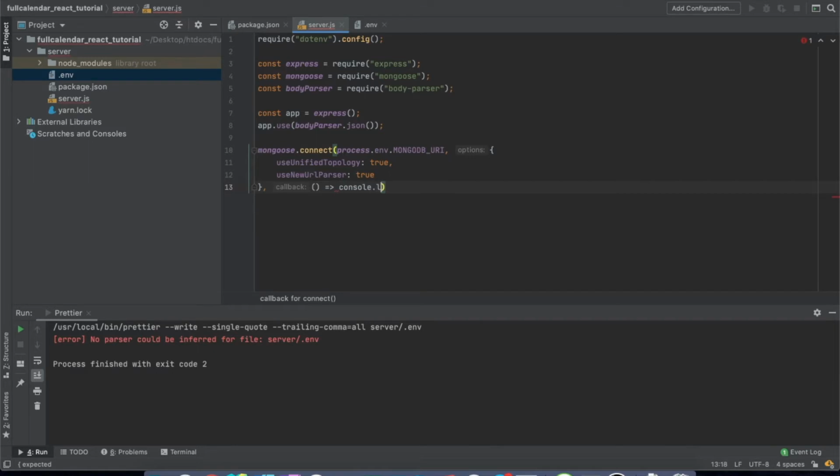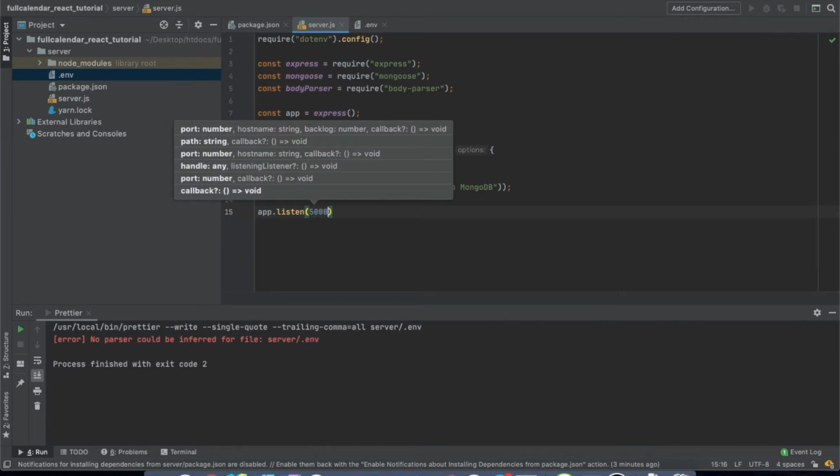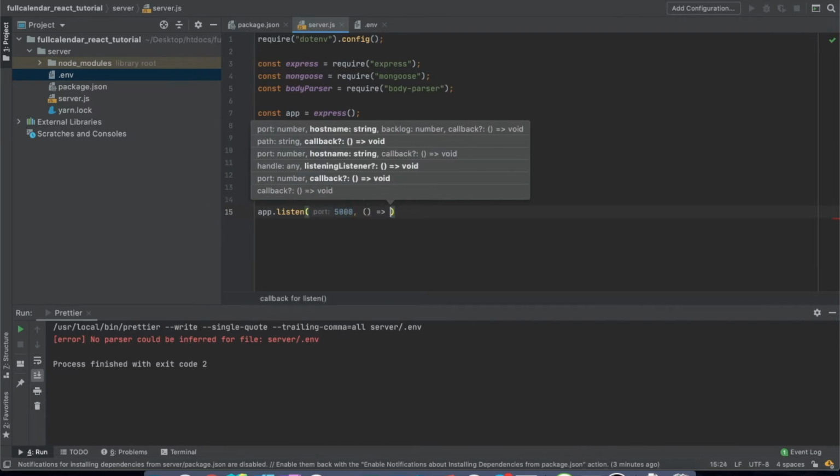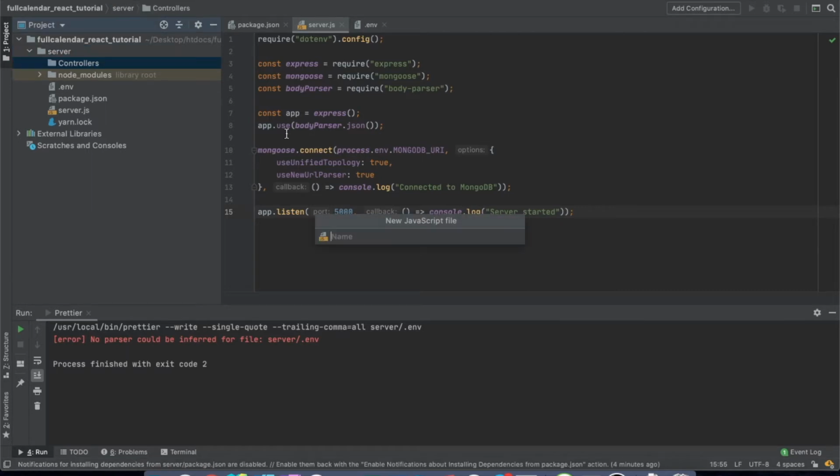I will say console.log connected to MongoDB, and here we will say app.listen on port 5000, and callback console.log server started,